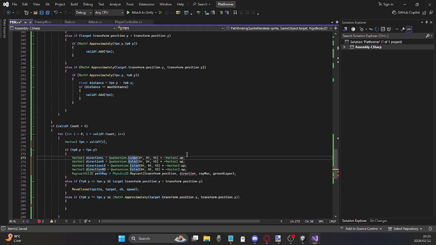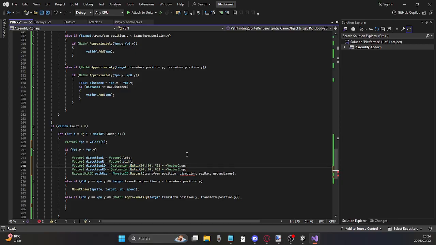Right, so this one is just Vector2.left, this one is Vector2.right,